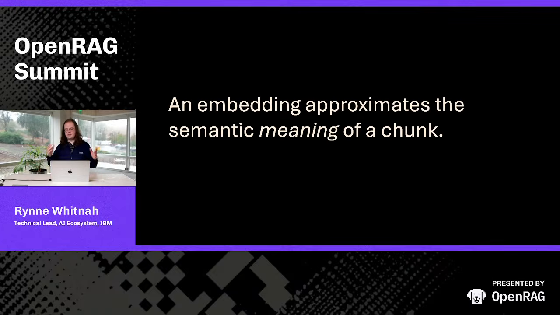So at its fundamental core, an embedding is a mathematical approximation of the semantic meaning of a chunk. When we've trained an embedding model on so much different data that it has not just one example, but millions, trillions of examples, we can combine that with attention mechanisms in the LLM to understand not only what this means, but what parts of those sentences are important. And it learns all of that by throwing more and more data at it generally. So we end up with an average representation that describes the approximate semantic meaning of that chunk of text